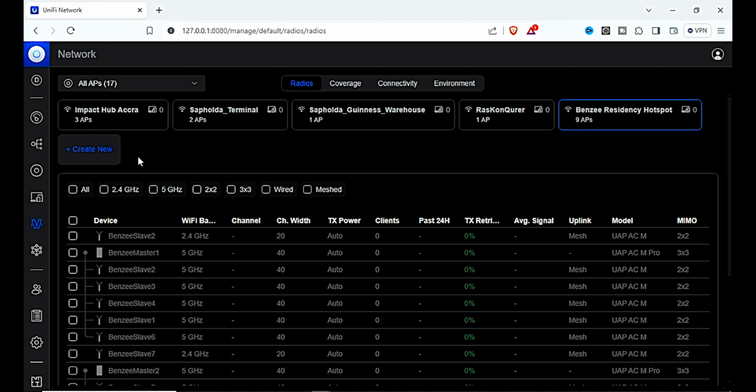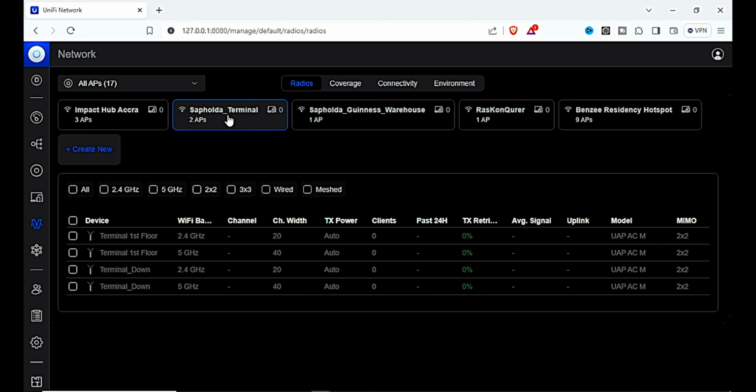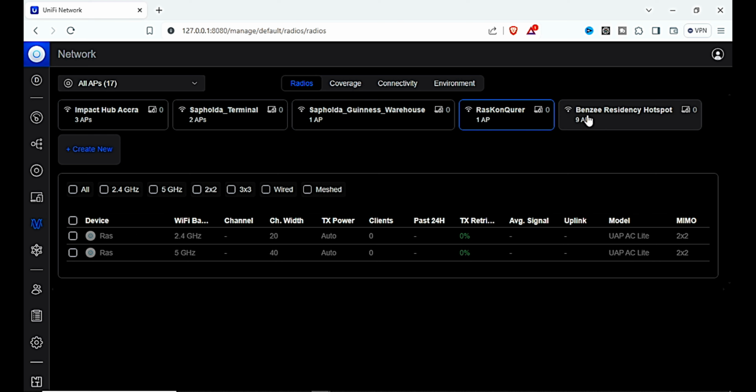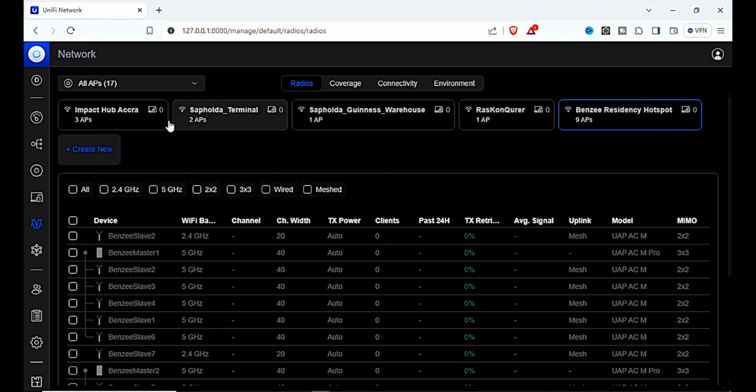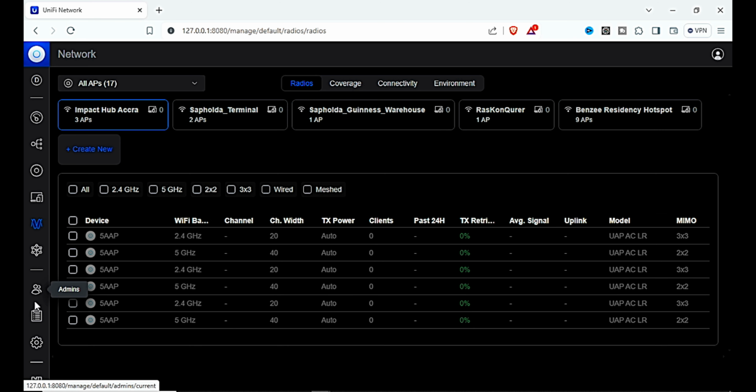You can also go ahead and create networks of this, Wi-Fi or wired networks, wired connected devices. So each network here has a number of access points connected to them. When we come down to networks,